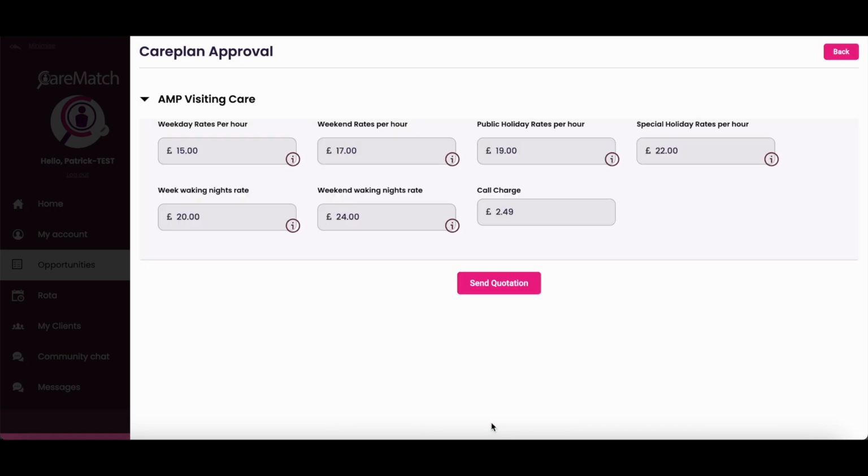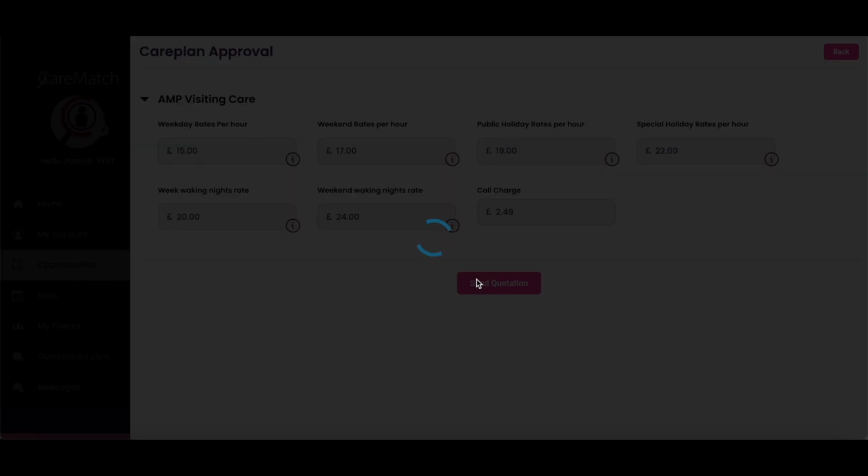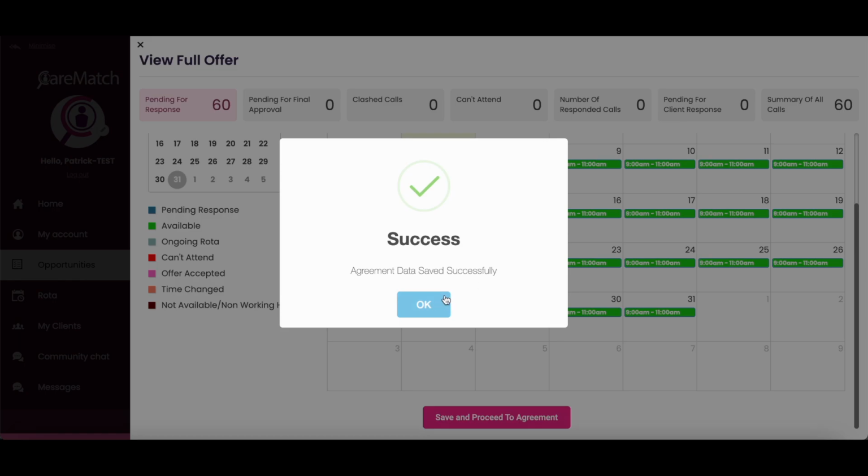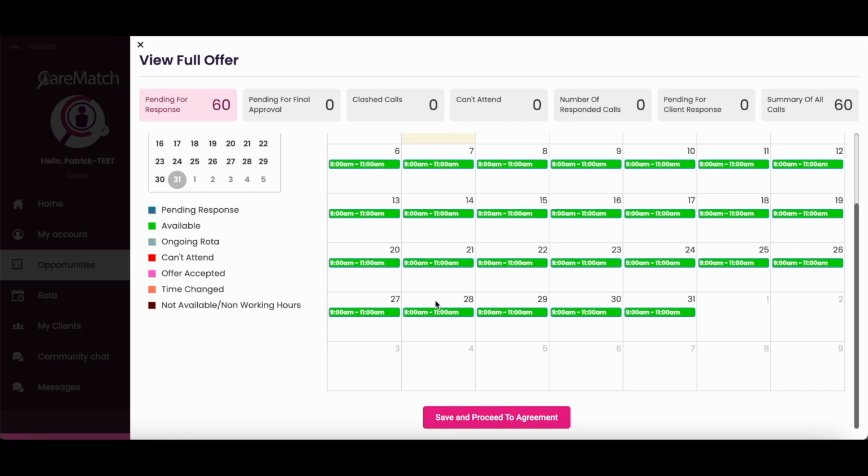Now I can click Save and proceed to agreement, and I am met with the rates that I first set up when I registered with CareMatch. This allows me to check that the relevant rates are still suitable for this particular care schedule. Don't forget, the call charge is automatically calculated based on your weekday hourly rate. Assuming I'm happy, I click Send Quotation, and the client now receives a quote based on my rates for this